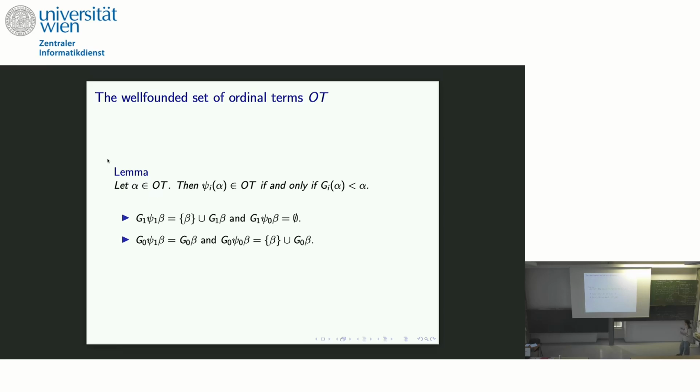As an example, in OT, you have an ordinal such as psi 0 omega, but this one is not allowed here. That ordinal makes it that you can have an infinite descending sequence in T. And we want to work in OT. That's why it's very important to extract